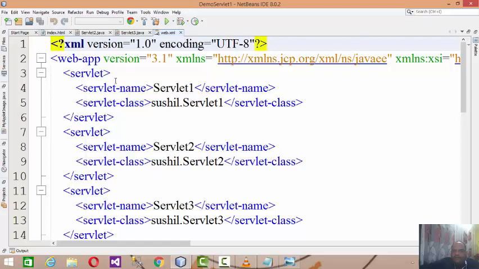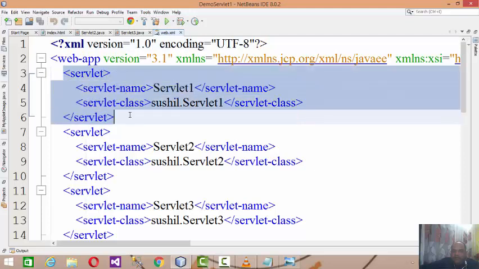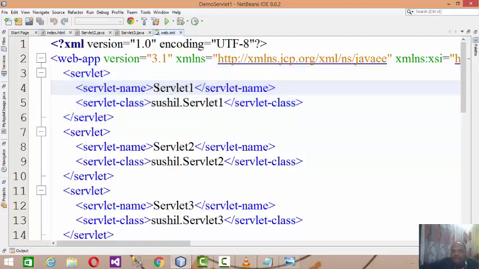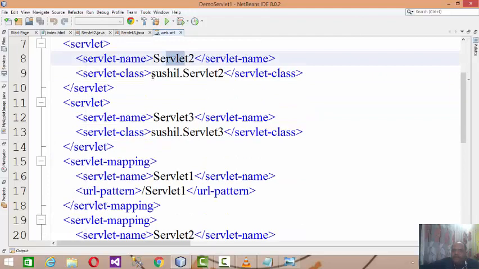It's XML, so it develops user defined tags. It will encode all the servlets which I produce. Servlet 1 is the name of the first servlet, available in the package called sushil.servlet1, and the second servlet is also added, available in the package called servlet 2, and the third servlet I also added, available in the package called servlet 3.